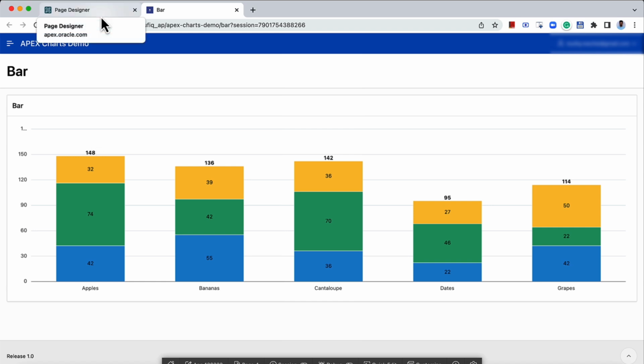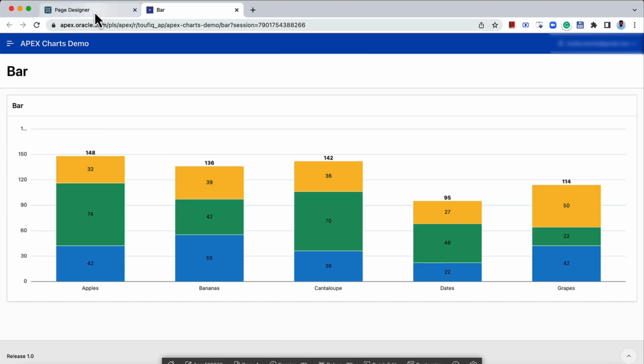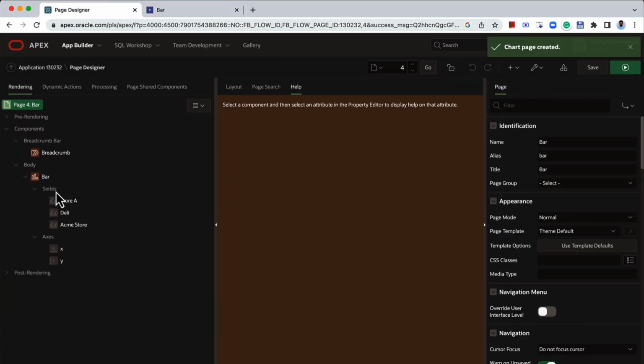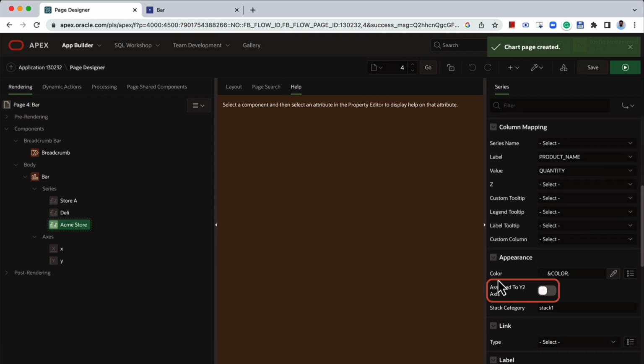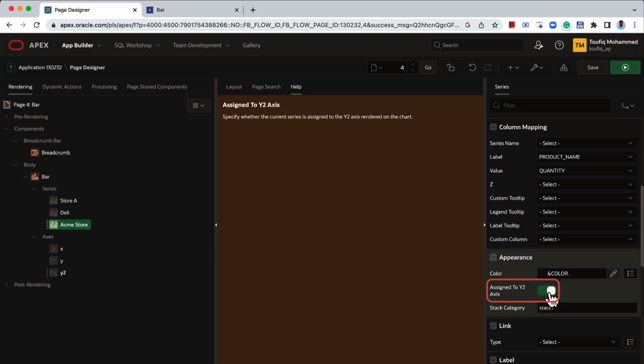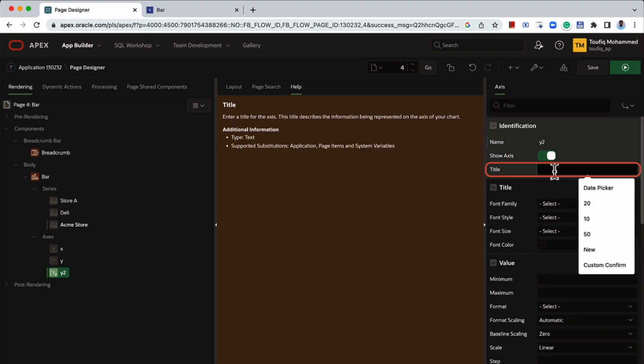You can also have a dual y-axis. For example, I want to display the Acme store in a separate y-axis. So to do that, I can go to the Acme store series, scroll down to appearance. Here, there is an attribute called assign to y2 axis. Toggle that. Now you can see an additional y-axis is added. Go there, give a title,